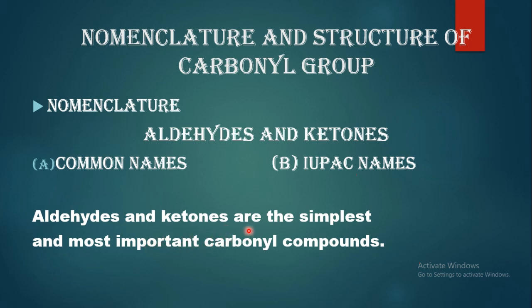compounds. One more time, aldehydes and ketones are the simplest and most important carbonyl compounds. जैसे कोई भी आप अल्डिहाइड ले लो या फिर कोई भी आप कीटोन ले लो, जो सिंपलेस्ट होंगे वो कार्बोनिल ग्रुप से ही बिलोंग होंगे, और वो होगा हमारा अल्डिहाइड या फिर होगा कीटोन। ये थोड़ा सा इंट्रोडक्शन हो गया नोमेनक्लेचर के बारे में।